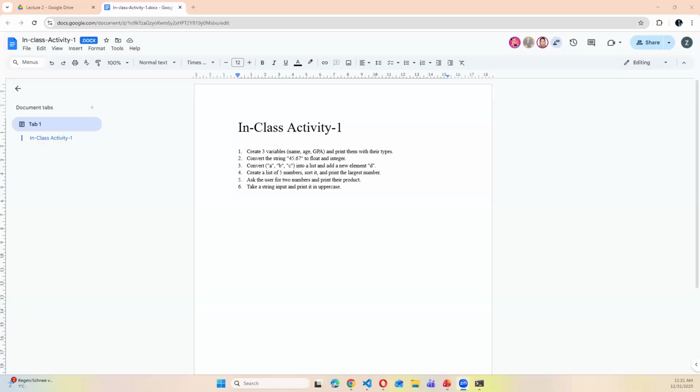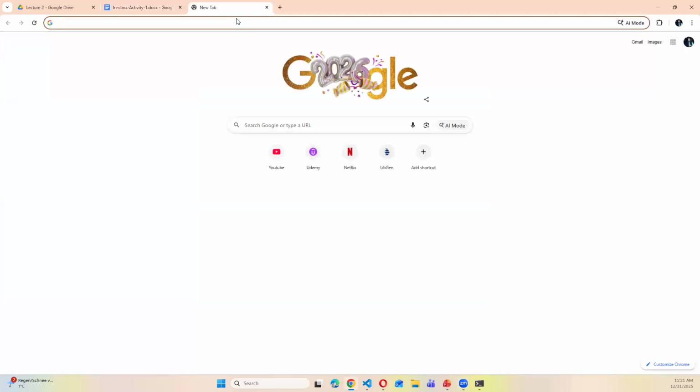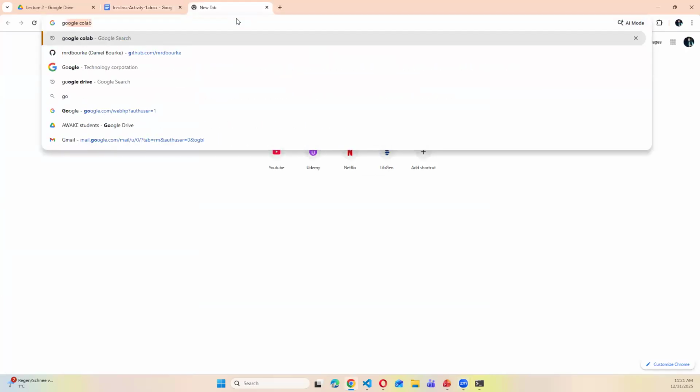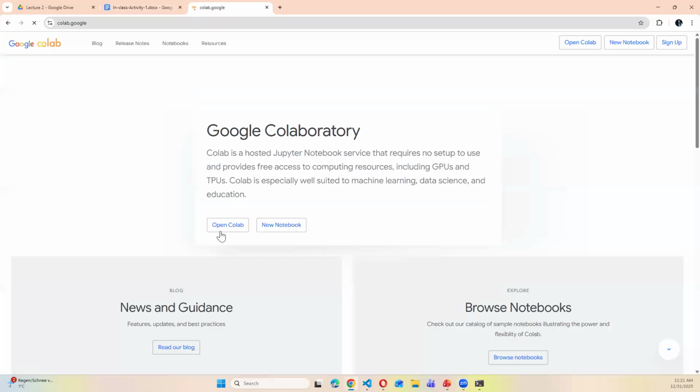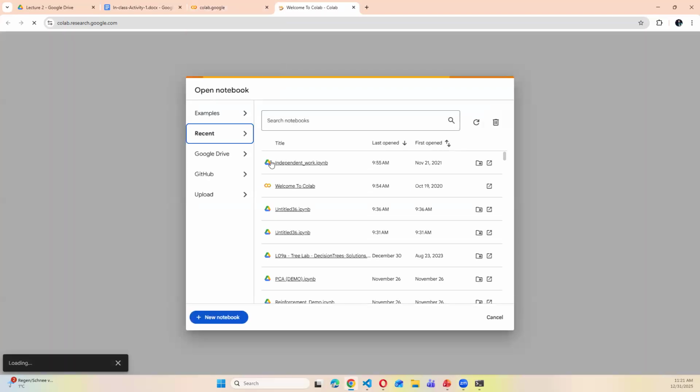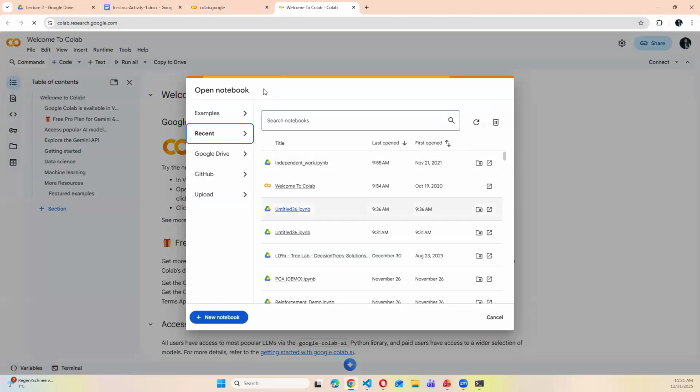The problem in our group was that none of us were familiar with Python itself. Okay, I will just open a new Google Colab. Teacher, a small request: while working on this activity, kindly go a little slow, not so fast, because we cannot catch some things. Okay, I will just try.